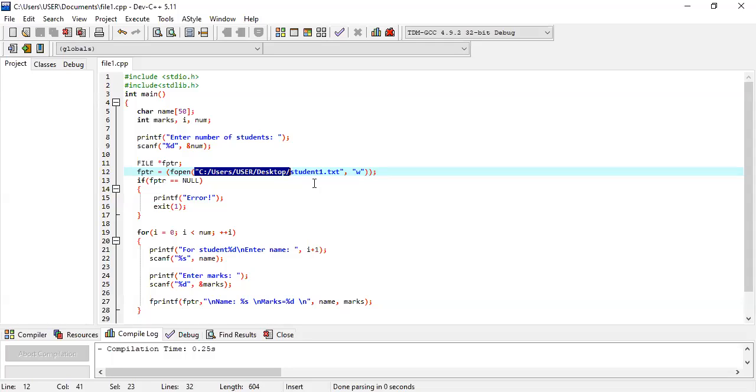So the question is, if we do not mention any path, then on my device the file is created by default in the Documents folder.